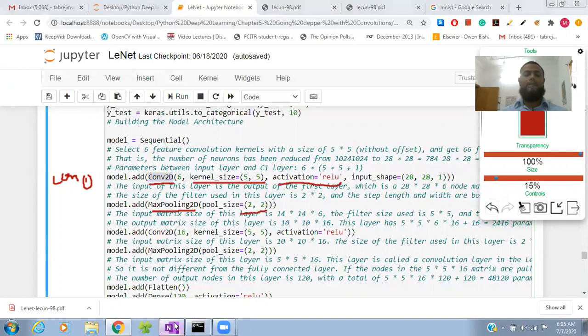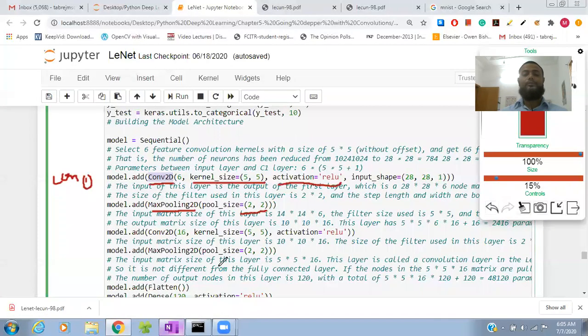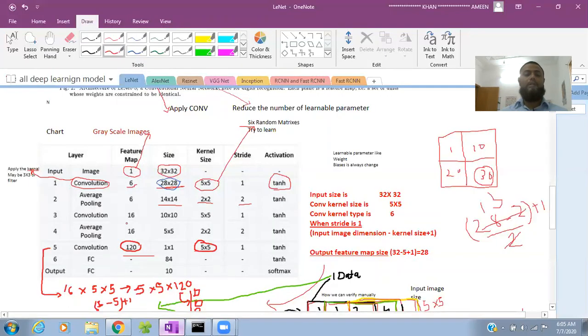Then again we apply convolutional with kernel size 5 cross 5 and ReLU activation, whereas they use tanh. We did these things.